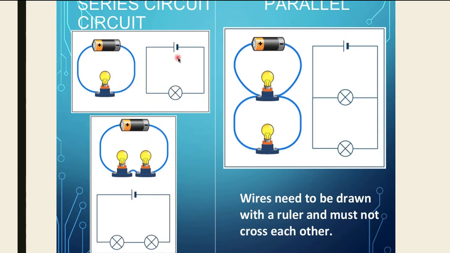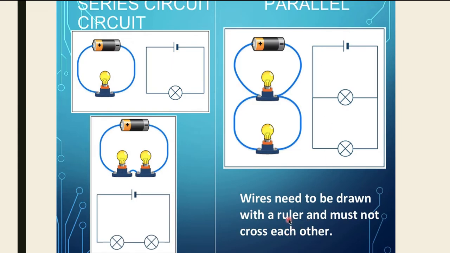Electrically, this is the battery symbol. The short thick line denotes the negative, and the long thin line is positive. The positive line is connected to the bulb, and the negative, which is the shorter and thick line, is connected to the bulb. Then the bulb will glow. In this one, there are also two bulbs connected in a series connection. This is the parallel connection.